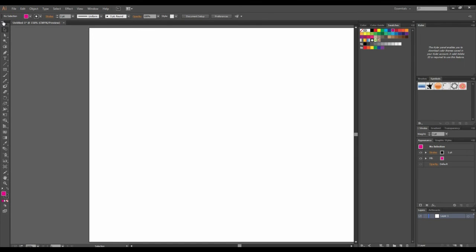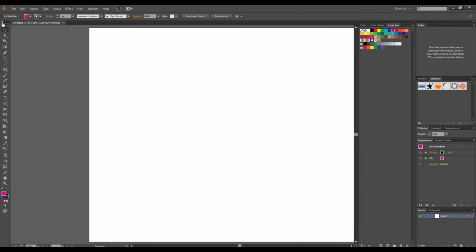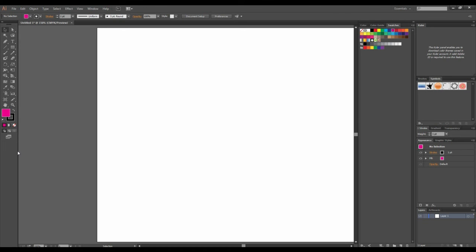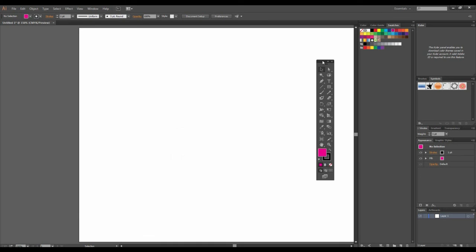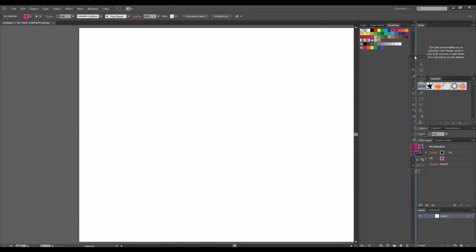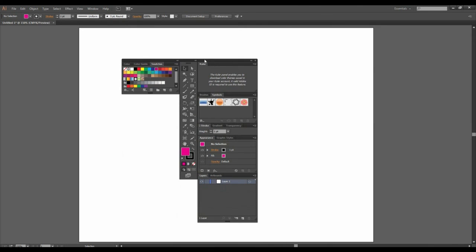Now when we come to the toolbar, we don't have that much freedom with the toolbar to drag tools around and arrange them ourselves. It's predefined by Adobe, and we cannot change the layout. The only thing we can do is shrink it and expand it. That's the only thing that works with the tool panel. And of course we can drag it around and put it wherever we want. Let's say I want it over here, but it's very inconvenient, I mean, a toolbar in between all this. So don't worry, I just turned off all of them.